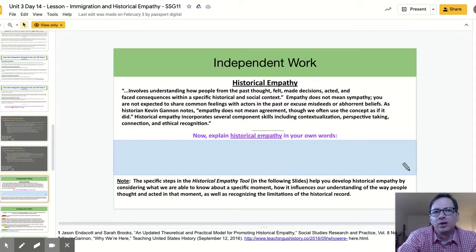Now, depending how often our students have done this already, there are different modifications that can be made. For instance, if this was the first time my own students were being introduced to historical empathy, I might have them participate in a structured small group discussion, like a think, pair, share activity, using the breakout rooms in Zoom, if that's available. And that's where they can gain some nuance about the concept by gaining exposure to the thoughts and perceptions of their peers. And really, for my students, making sure they have a good grasp on what it is going to pay dividends